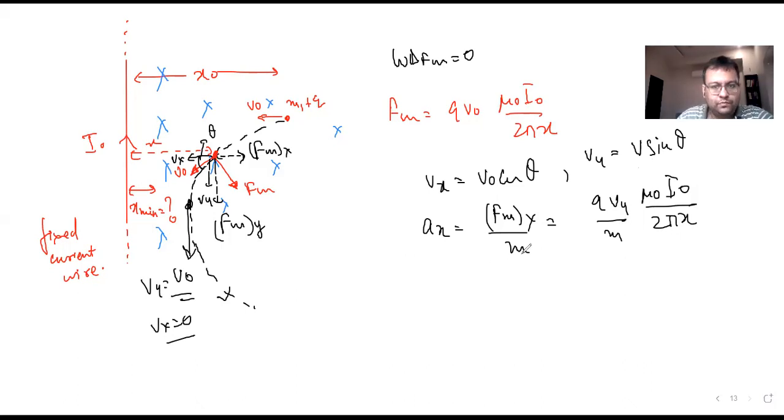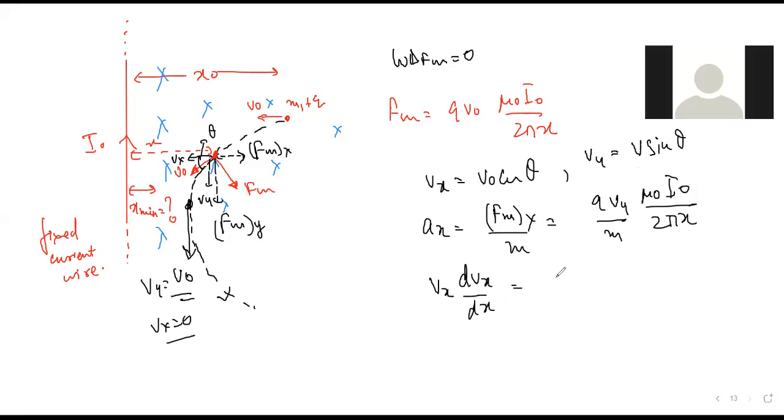What next should we do? We can use V dv dx in place of a_x. Okay, V_x dv_x is equal to V_x into dx. Yes sir. And then